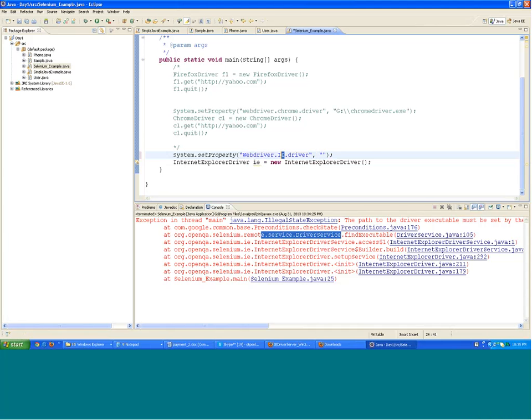Don't do that. Okay, keep everything in lowercase. Java is a case sensitive language. Alright, and now you give the path of that exe file. I have kept it in my G drive. Fine. Now when you run this,